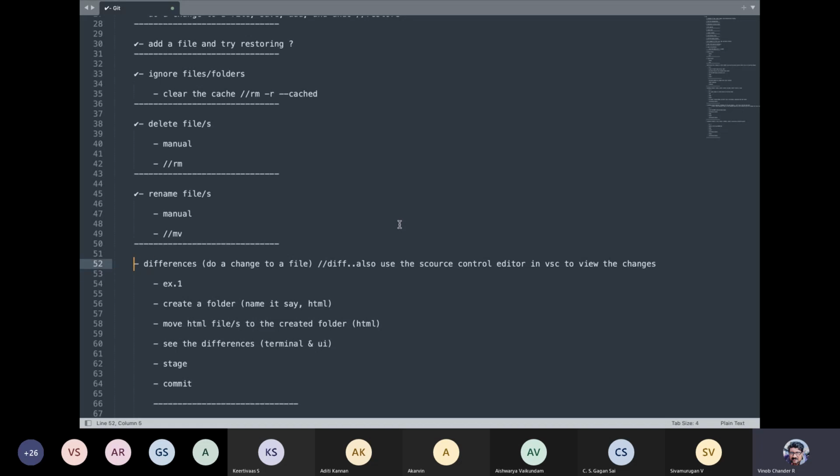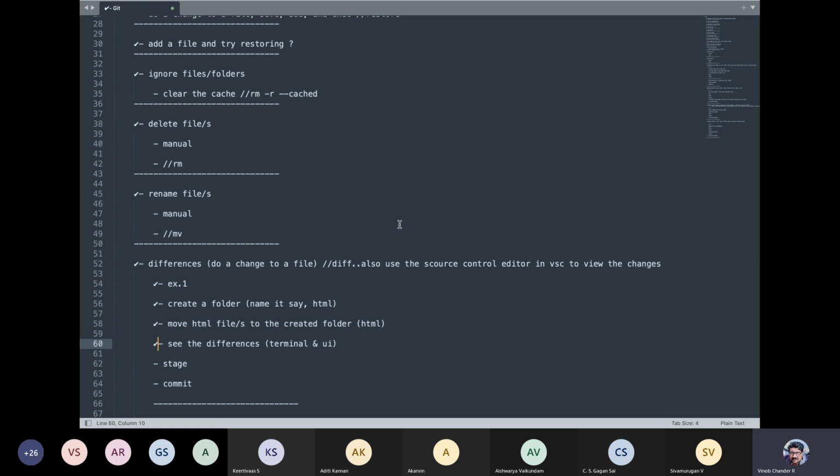So this is done. Right, so we have done this. Okay, so this is not done, so only this part is done. So we'll come back to this and see what the issue actually is. Git diff, we are not able to see the differences. So this is something that is pending that we will check out.